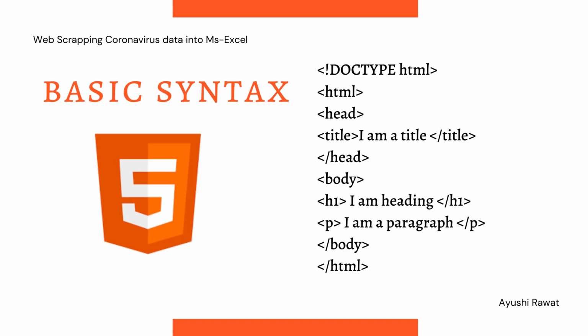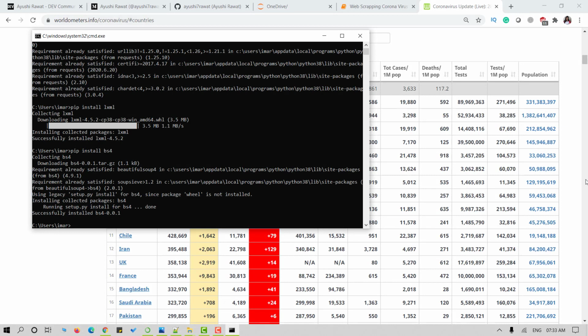Title headings are defined with H1 to H6 tags, H1 being the largest and H6 the smallest. Paragraphs are defined with the P tag. Some other useful tags include A for hyperlink, table command for tables, TR for table rows, and TD for table columns. Once we have a clear idea of what we are going to do, it's time to start coding.